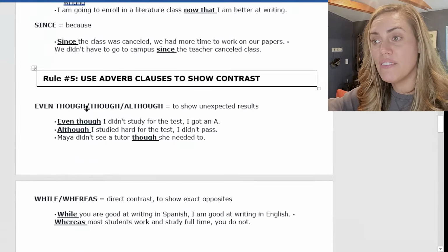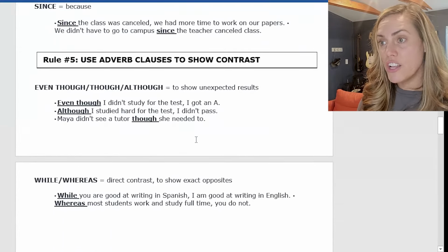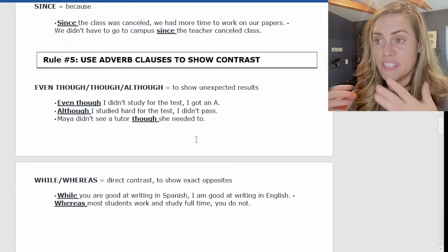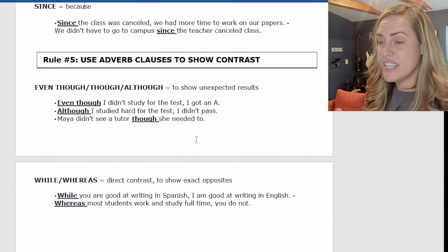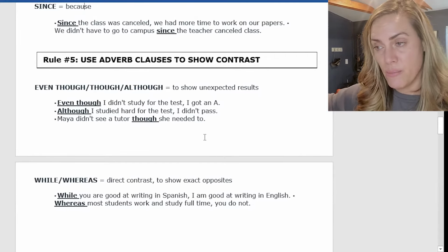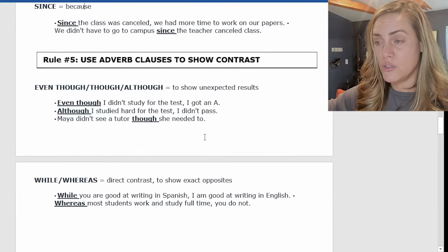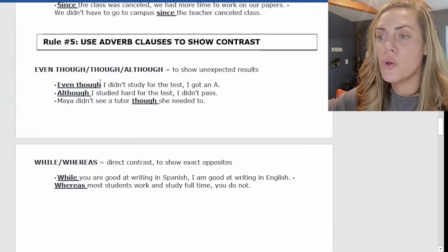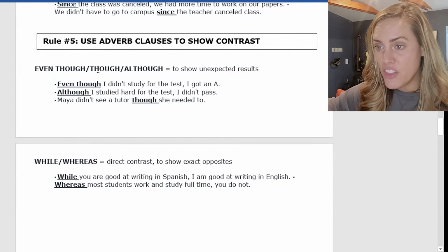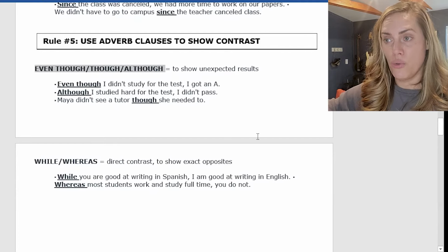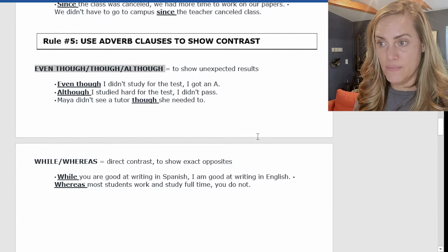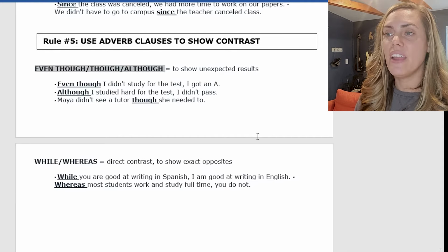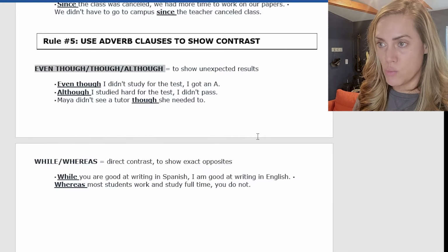We also use adverb clauses to show contrast, and this is the most common and useful type of adverb clause, in my opinion, because these ones are very common, and I think that sometimes students get a little bit confused with how to use them. So here's the words: even though, and although. These words all have the same meaning, okay? So you can use either one, any of them that you want, and they're used to show an unexpected result,